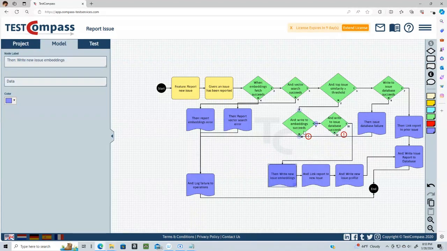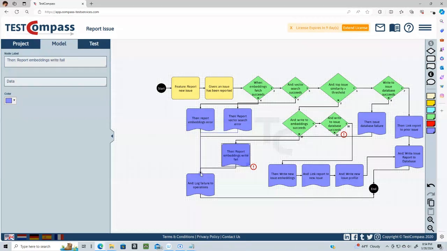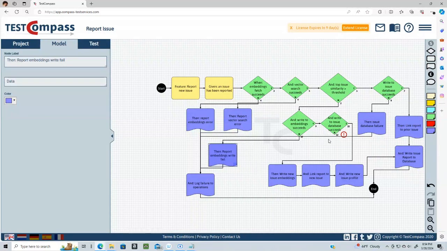Let's say this write to embeddings doesn't succeed. We have a failure. So we'll get a simple error report on that. Then report embeddings write fail. Okay, and we'll log that out. So we've got that logged. And now let's talk about the more complex one, where the embeddings succeeded, but the write to the issue database fails. Okay,